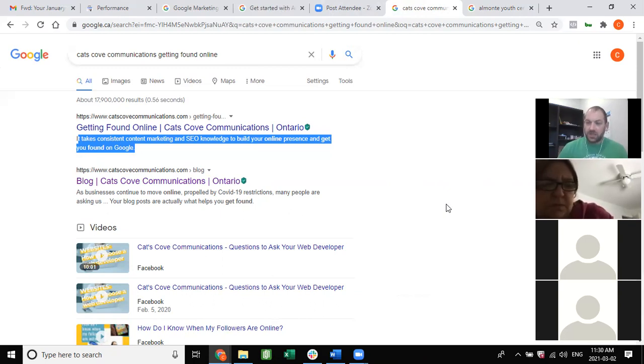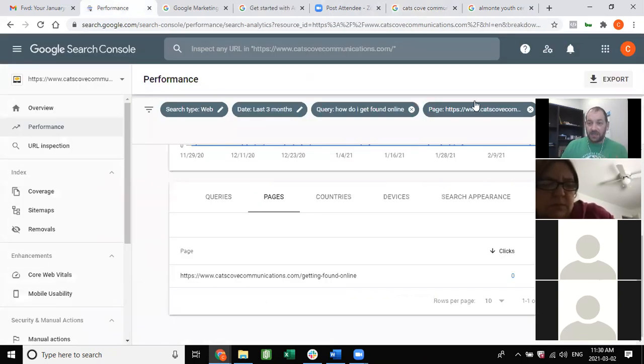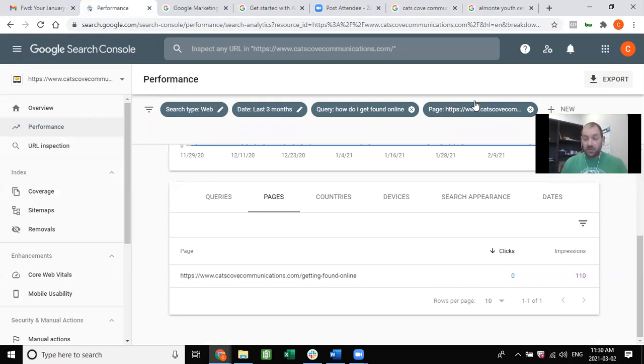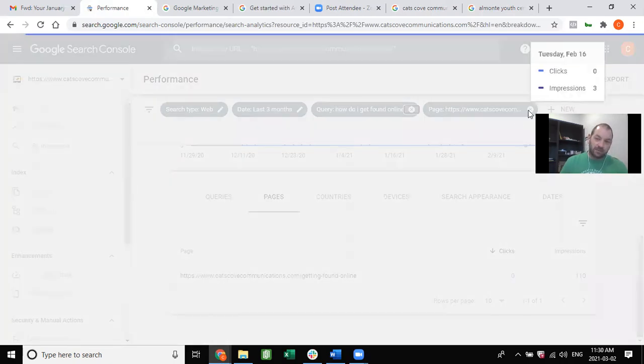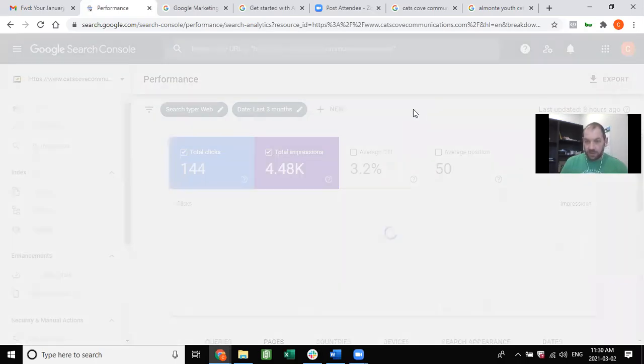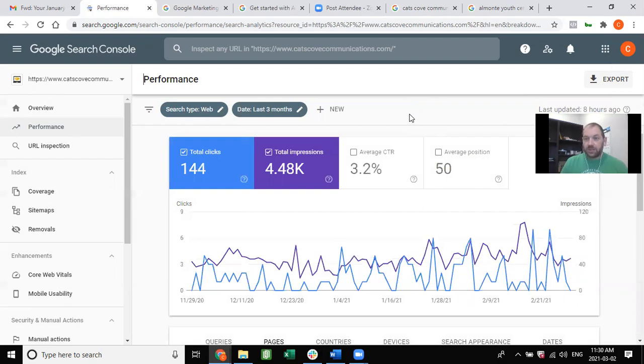More traffic. So Google Search Console, if we go all the way back here to the beginning, can give me an idea that oftentimes what we think is we make an assumption that we're just not being found. Well, that's not the case. I got found 110 times in the last 3 months for this topic. I just never convinced anyone to buy. I never convinced anyone to click, to go through and look at this. Now,